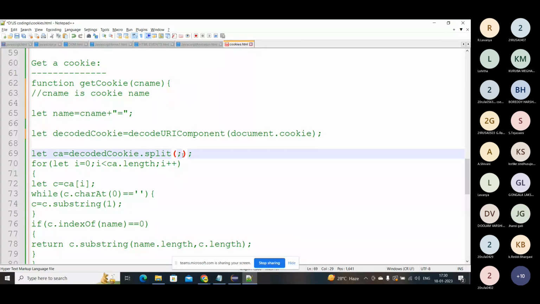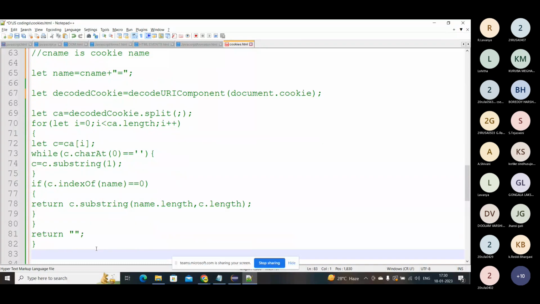For that purpose I have used it. And to loop through the array, if you want to get the details, then obviously we'll go with this. If you don't find anything, it will return nothing. For that I'm giving it as C double quotes. So how can we check the cookie, whether it is correct or wrong? I'll tell you in one minute.